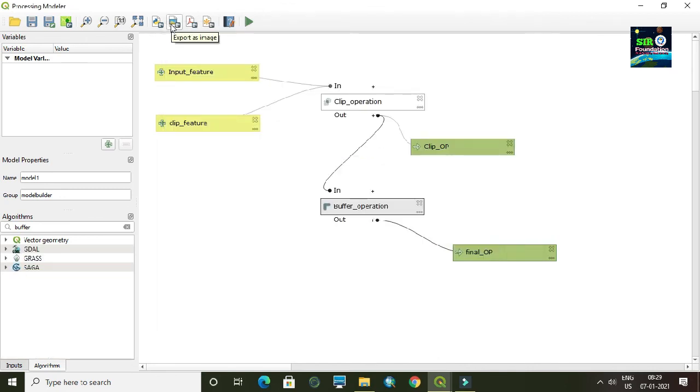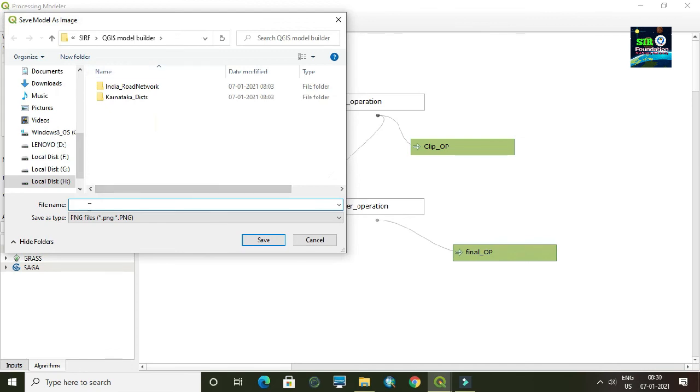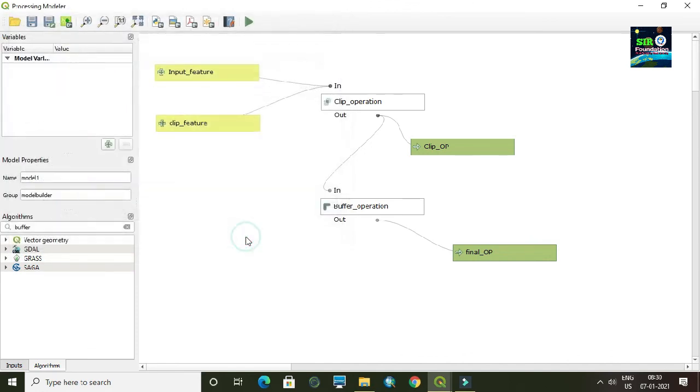You can export this model builder as an image. Whatever you can see on this screen, the entire model image you can save. Here again I am giving the name as model 1 underscore image. Just save it.